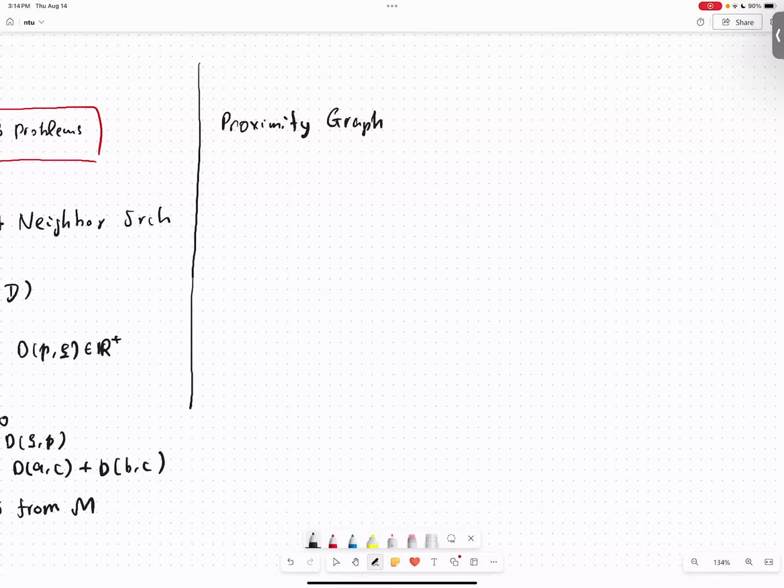People do not really have a thorough understanding of proximity graphs yet. However, just as system people are developing more and more efficient proximity graphs in practice, theory people are also trying to catch up by providing the theoretical justification of a lot of phenomena that we are able to observe